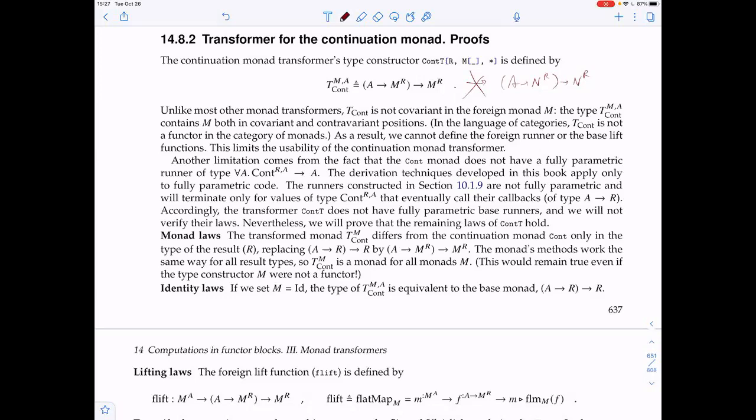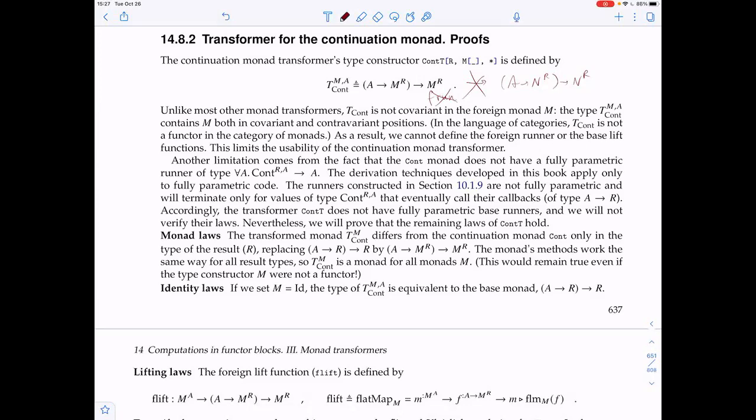You are not able to do that because this is a foreign runner function, so f run. So there's no f run for this transformer. Which means there are certain things you cannot do. There's no base runner either, because base runner and foreign runner are connected. Base runner